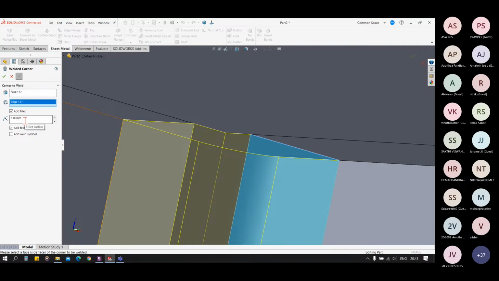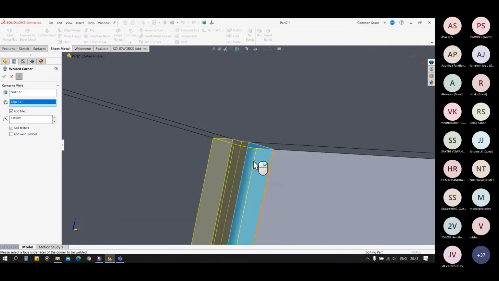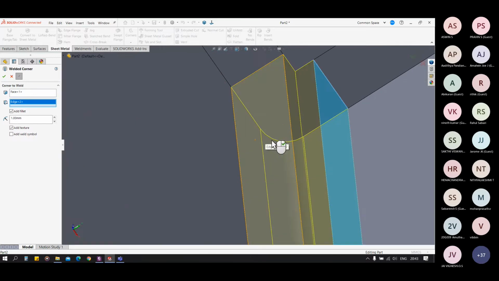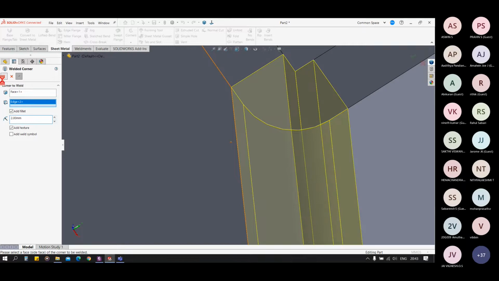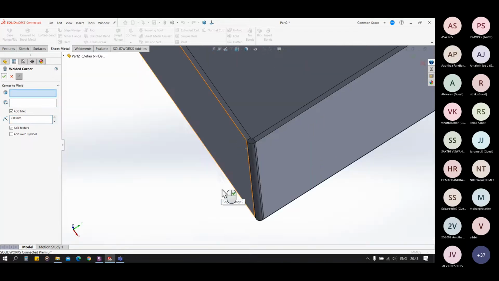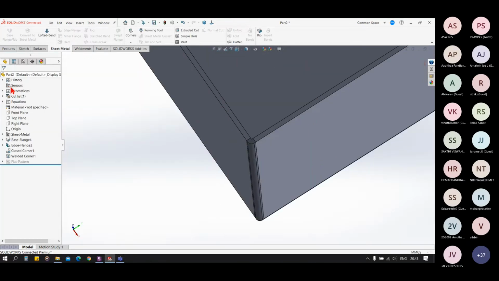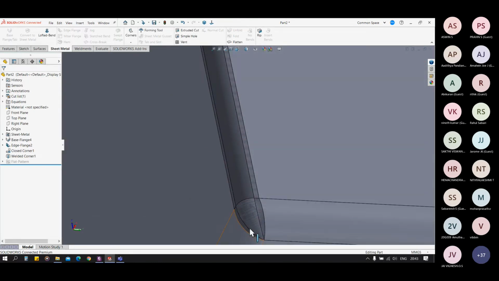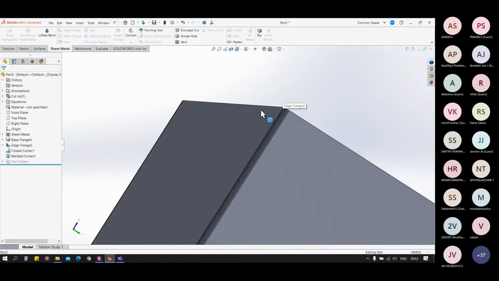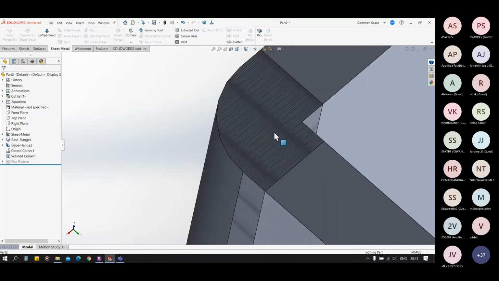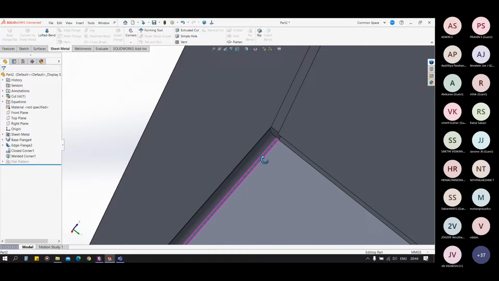This is the fillet radius for the weld. This radius you can change. 4 mm is not practically possible there. You can see 2 mm. Now you can see it has added a weld bead for us like this. This black is a weld. You can see the weld is added.